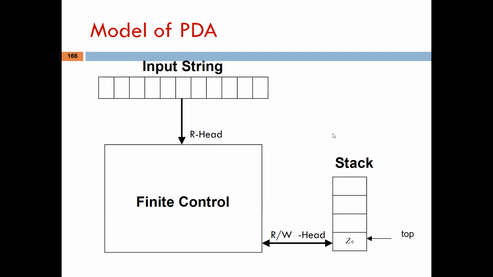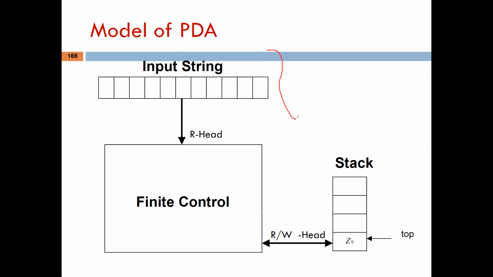If we talk about this model diagram, you can find here, this part is just the same as the DFA. In this part, you can find the input tape. This is the input tape. The whole tape is divided into equal size of blocks, or these blocks can be considered as cells, and the input symbols are stored in this input tape, right? If there is no symbol there, then you can write here null.